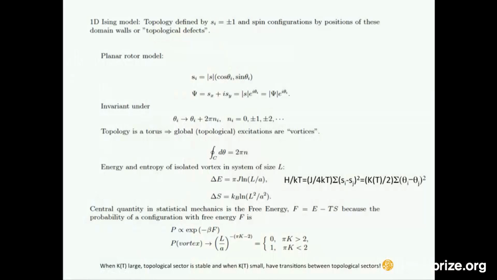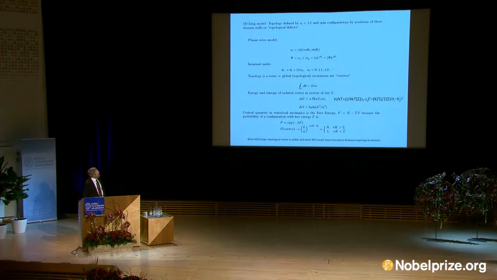So in other words, K is a temperature-dependent quantity which is large at low temperatures and small at high temperatures. And so this little formula here, that the probability of having an isolated vortex in the system, is L over A, where L over A is a huge number, to the power of pi K minus 2, where K is a quantity that is inverse